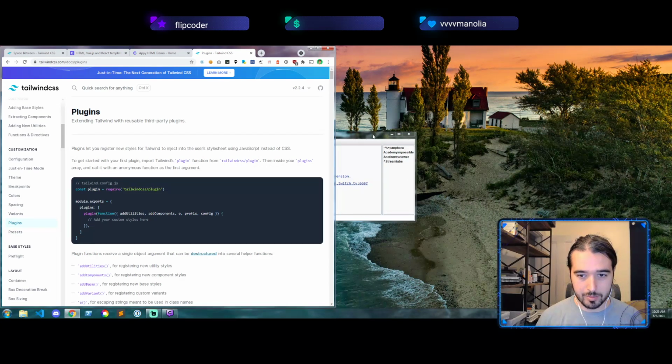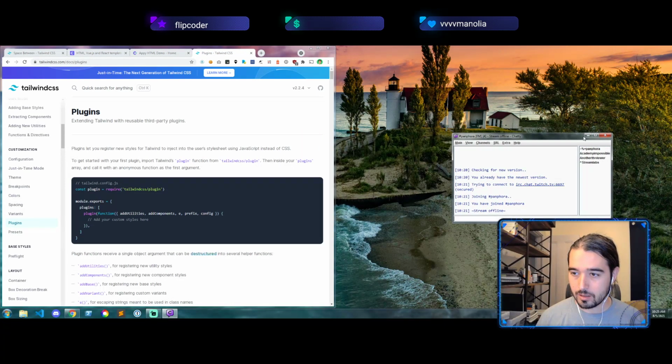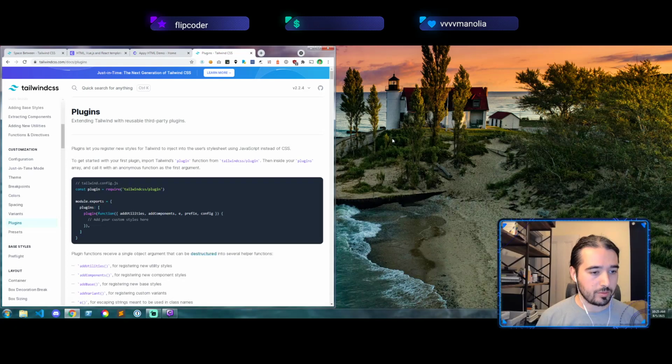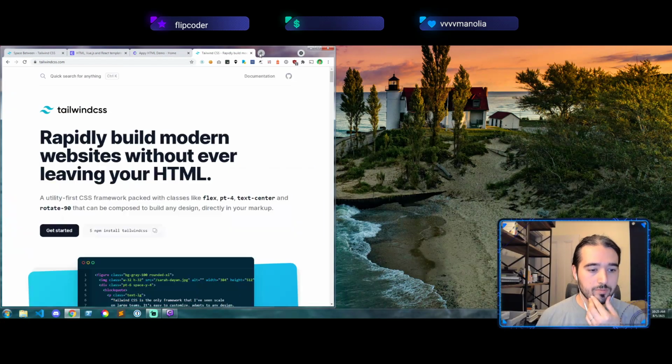Today I'm going to be making a CSS framework. If you're interested in CSS and making it simpler, that's what I'm here to do. So, let's actually start with, I think we need some kind of